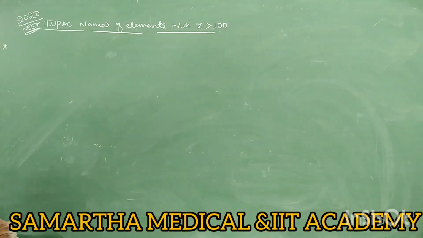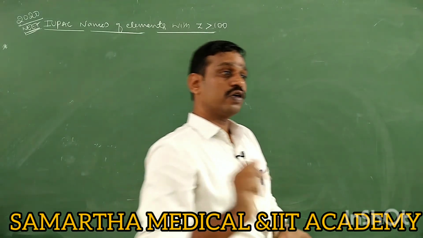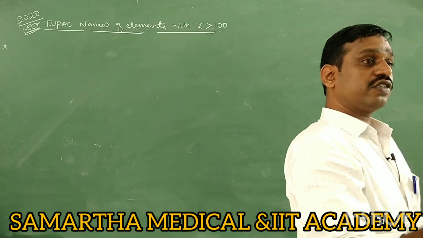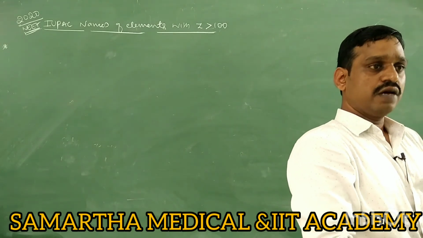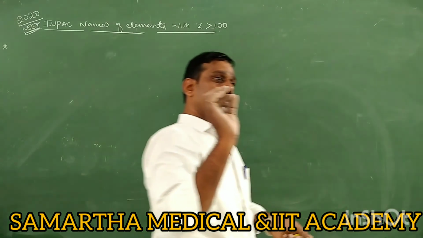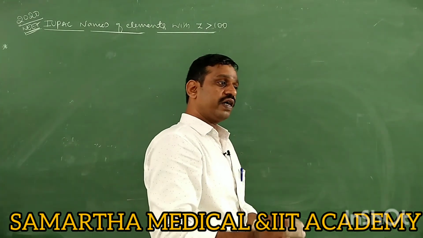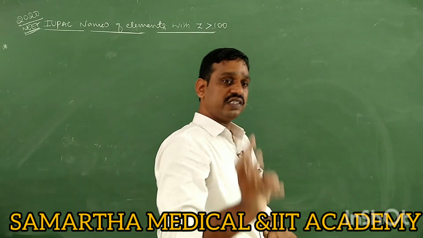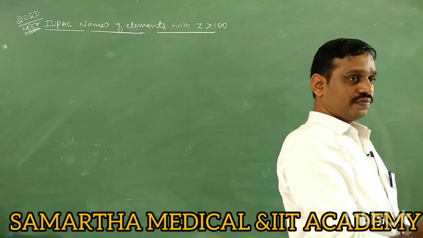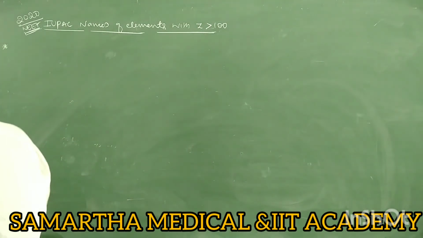The IUPAC name of an element is derived from their root words, the root words of the three digits, by adding IUM. It means the IUPAC name of elements with atomic number more than 100 is derived from the root words of the 3 digits, and finally we add IUM. Okay, write one sentence. The IUPAC name of an element is derived from